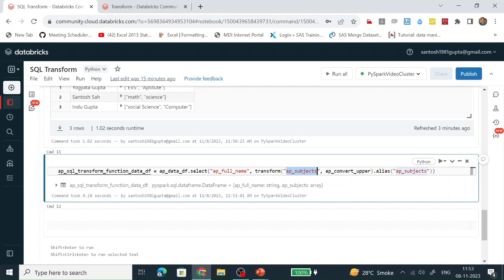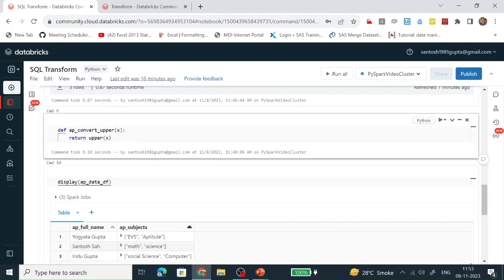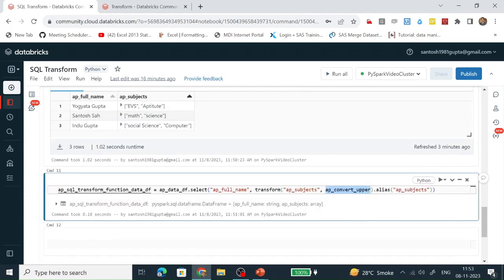What this function does is take one element, convert it into uppercase and return it. So this function will apply on each and every element of this array type column, and whatever column gets generated, we alias as ap subject name.